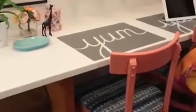Speaking of heaven, let's go over here to the homework and breakfast area. Now this was, as I lovingly called it, the crap magnet of the kitchen. It's where everything just got dumped and shoved to the side. And now it's this beautiful functional area. We've got the chairs that I redid a couple of weeks ago,